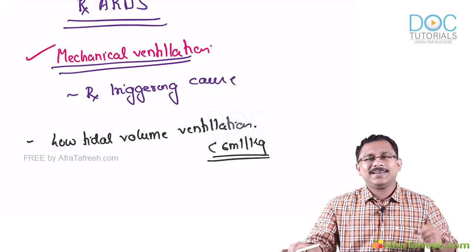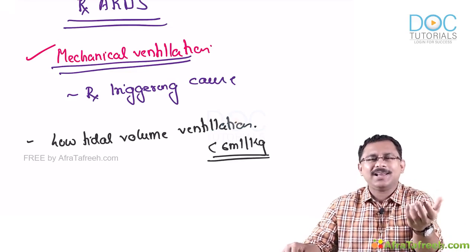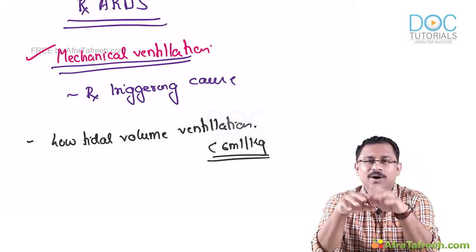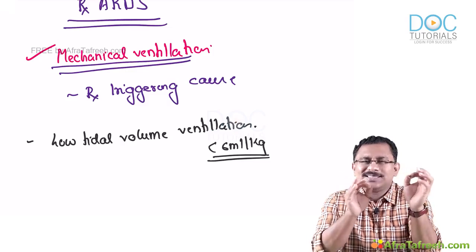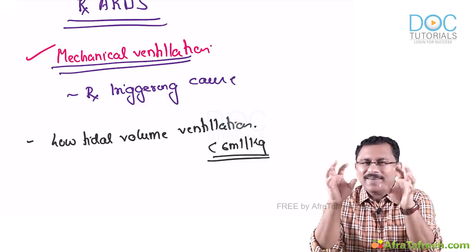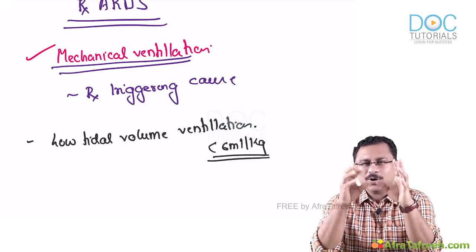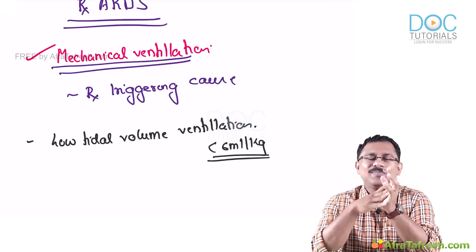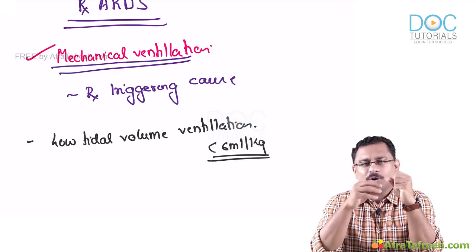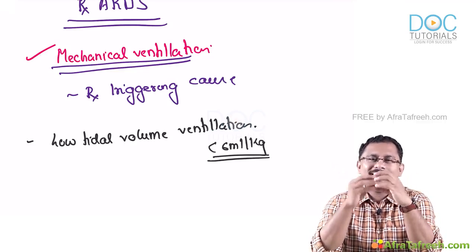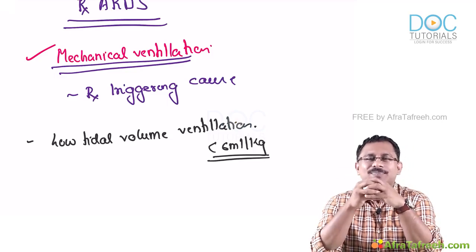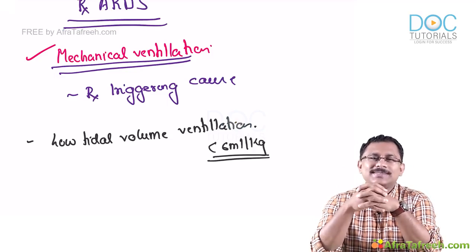So what is the problem if you go for a higher tidal volume ventilation? That is what you have to understand conceptually. Everyone, listen to me. I told you just a while back, ARDS is a heterogeneous entity, correct? In which some alveoli are normal, some are collapsed, some are filled with fluid. So suppose you have an alveolus which is collapsed. I agree that you would need the airway to be maintained, and you would need a good amount of tidal volume to open up the airways.